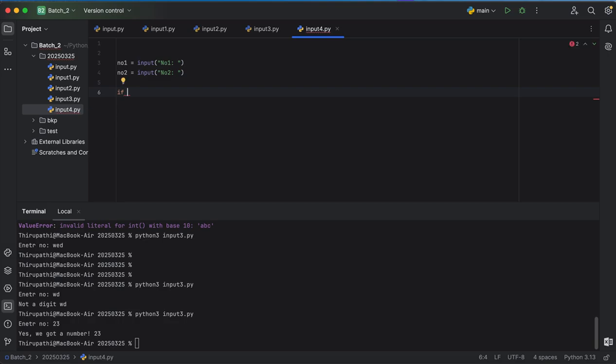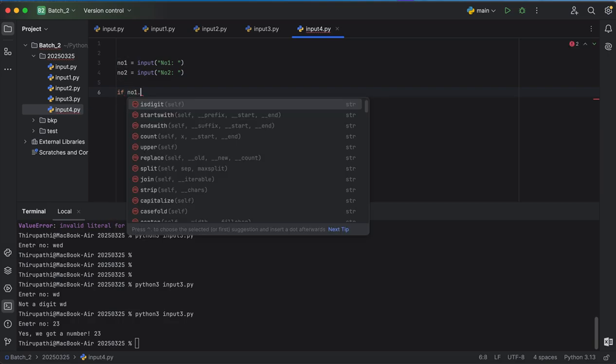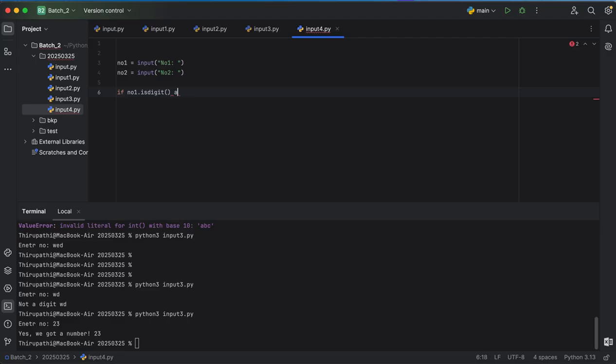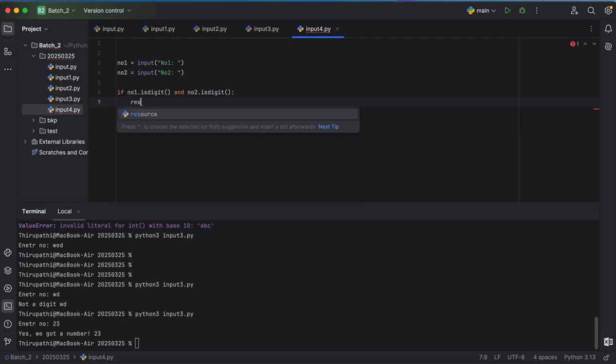If num1 dot isdigit and num2 dot isdigit. Which operator are we using here? Logical and we are using here. Right? Now result equal to num1 plus num2, print result. Else